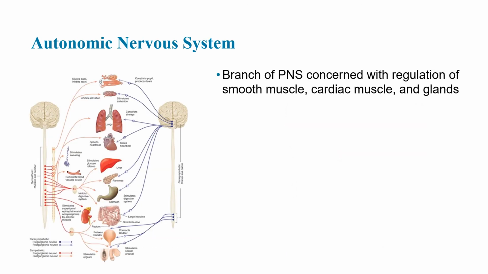Now let's switch to the autonomic nervous system and talk about that for a minute. So the autonomic nervous system is going to be basically dealing with the regulation of the smooth muscles, the cardiac muscles, and the glands. These are things that are not dealing with conscious effort. So when you talk about digestion, you don't have to think about digestion. Your body already does that. You don't have to think about breathing. You can circumvent it and control breathing and hold your breath and make yourself breathe and stuff like that. But for the most part, your breathing is autonomic.